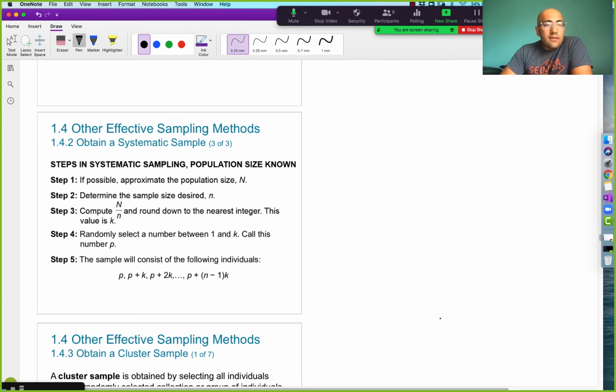Okay. So determine the sample size desired, lowercase n. Compute capital N divided by lowercase n and round down to the nearest integer. That gives you an idea approximately of how big the k should be, where k tells you how many to skip. Good. So now randomly select a number between 1 through k. Call this number p. So you're going to start at the pth one and then pick every kth person after that. So, for example, in a movie theater,